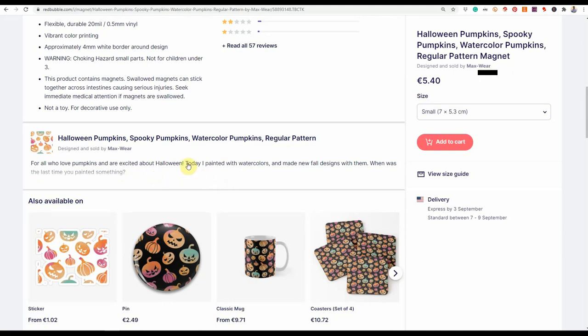Again, you want to make sure that your description is going to be keyword rich to actually help you rank in both Redbubble and in Google search. What I would suggest that you do is you go in and you rephrase your description to give it more keywords, to actually tell a little bit more about to whom this design would really be good for. Again, you said for those who love pumpkins and are excited about Halloween, but clearly you can come up with a better description for this in order to replace the back end of your design. Again, this is my personal opinion. I think in this particular case, it would serve you better by doing so rather than by asking them a